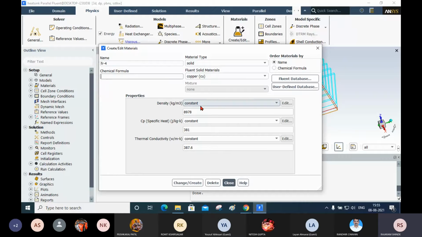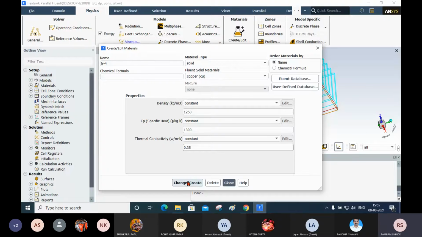You define the properties for that, that is FR4. Here its density is 1250. Then specific heat is 1300, and thermal conductivity is 0.35. Now click on change or create.